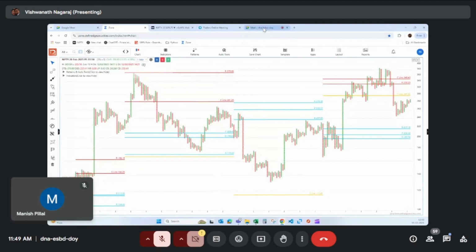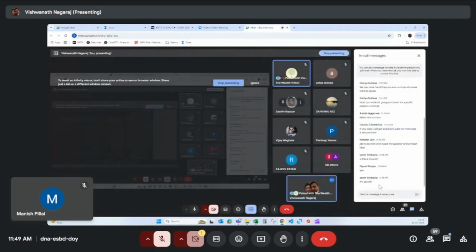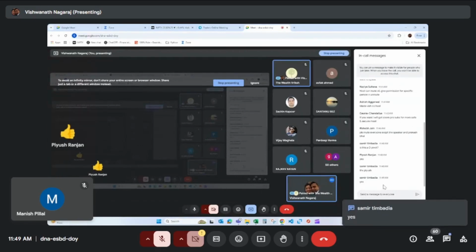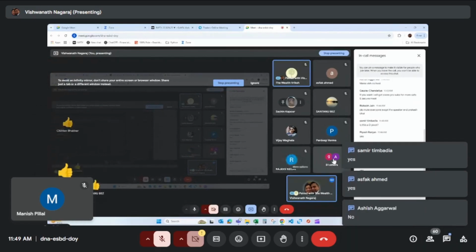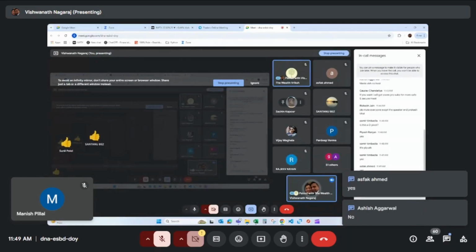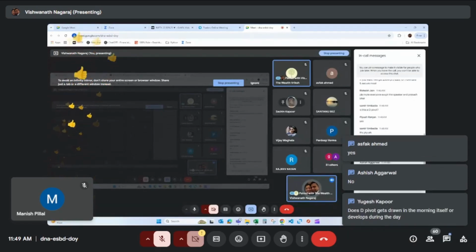So far, are we clear of the levels? Yes, Samir, this is D pivot. Yes. Are we clear? Give me a quick yes, no. Okay. Ashish says no. Ashish, what part do you want a little